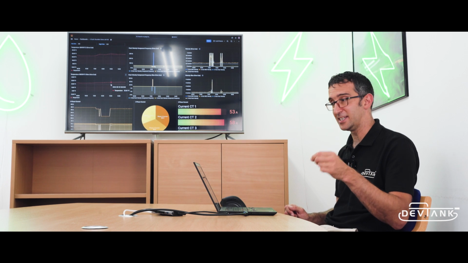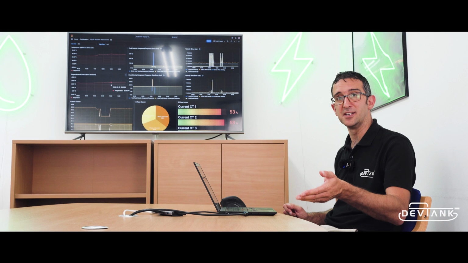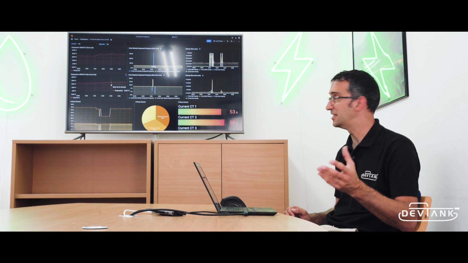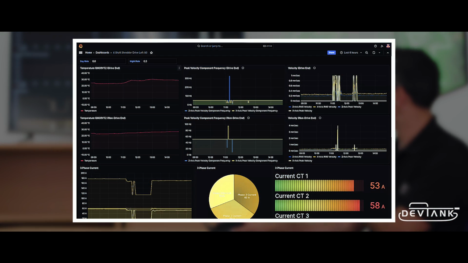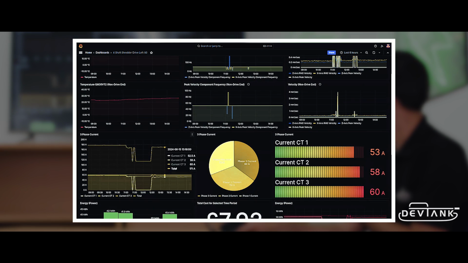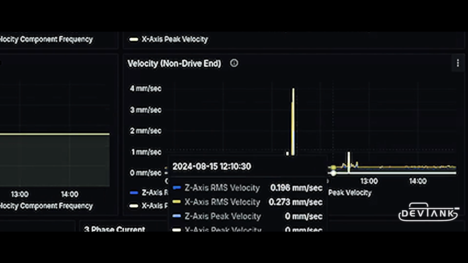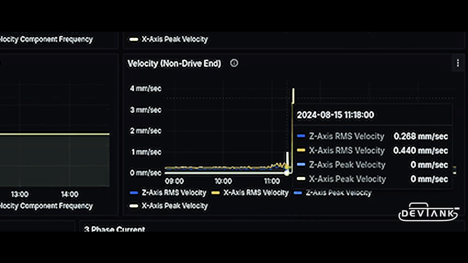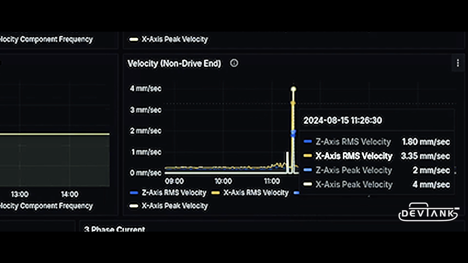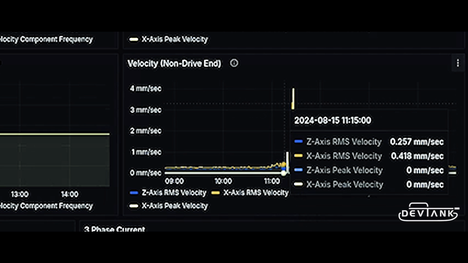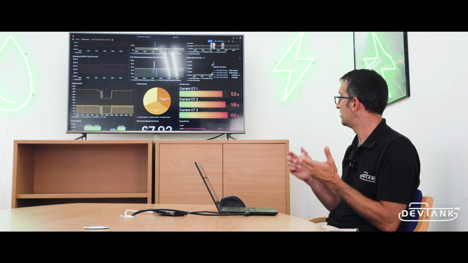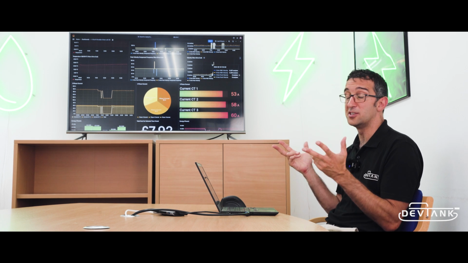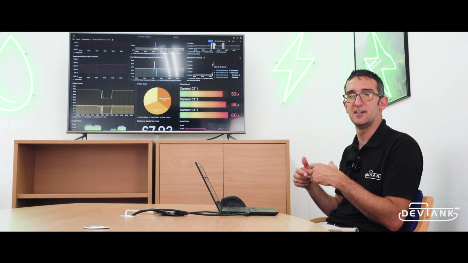So we can monitor the vibration on the motor or the gearbox or the bearing assembly, which is very useful for predictive maintenance. And you can see on some of the data here we're showing things like peak velocity, frequency components in various locations, and you can see where it peaks. It's quite interesting. It gets up to 1.8 millimeters per second, or 0.418 millimeters per second for the Z-axis. So you can see the two axes, the 2 degrees of freedom, being monitored there on the vibration